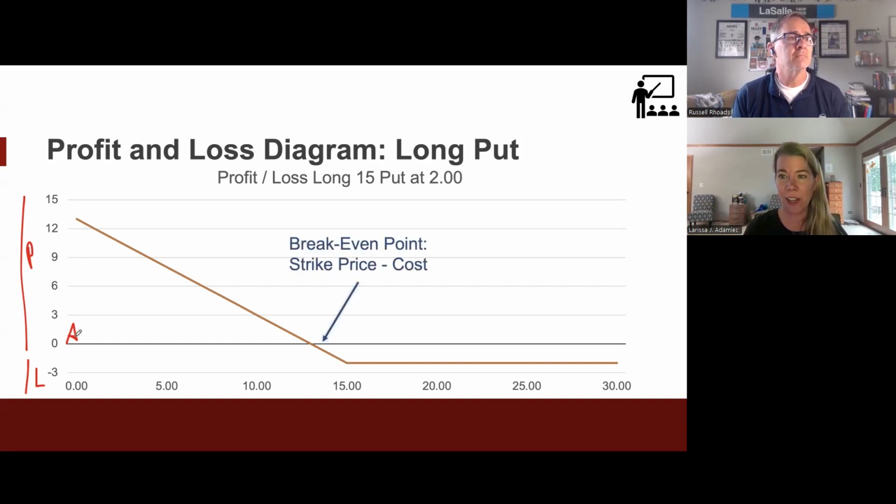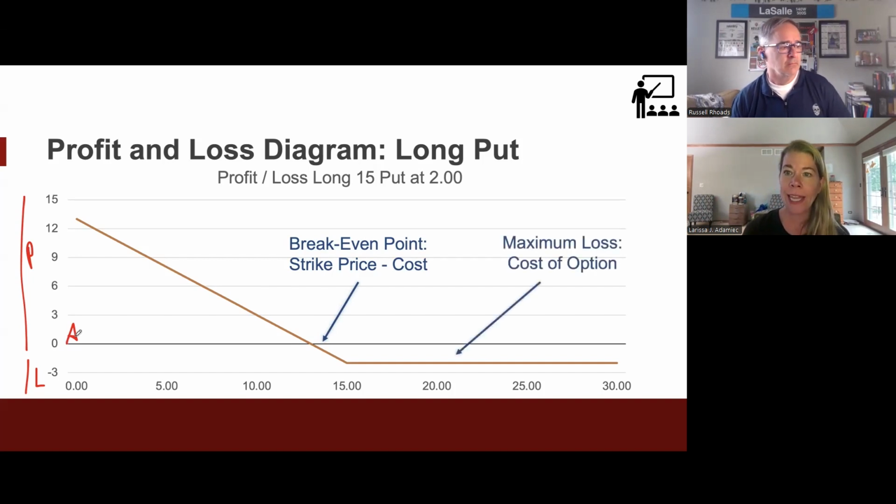Our break-even is now going to be the strike price minus that cost. And in this case, this option cost is $2. And that becomes the maximum loss of our position, that $2, the price that we paid, because we are long this position. So it's an interesting way to think about it. We're long the position, so the most we can lose is that $2, but we are still betting that the asset value decreases. So they seem almost contradictory.